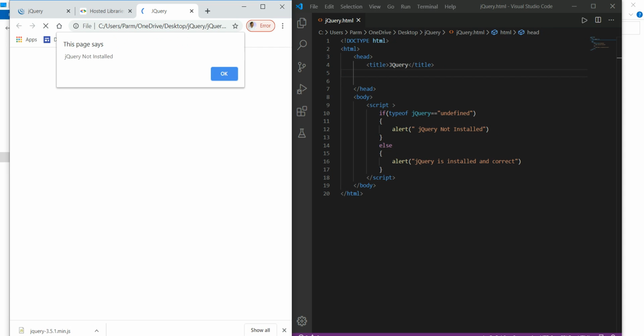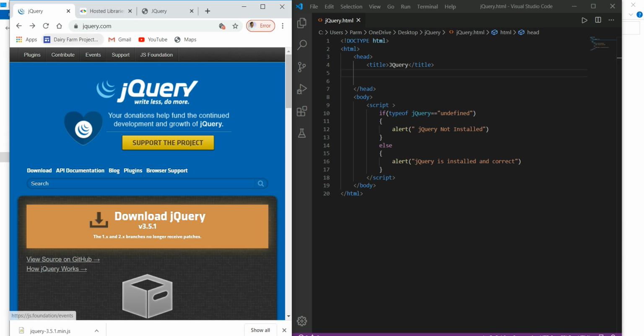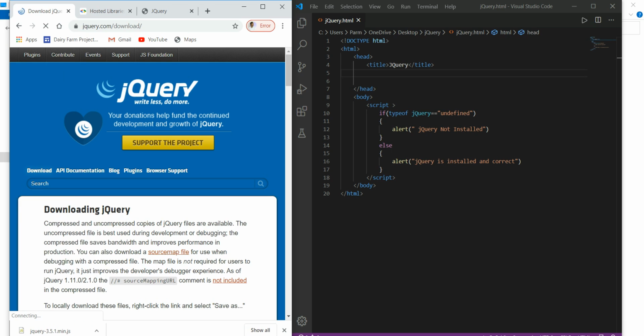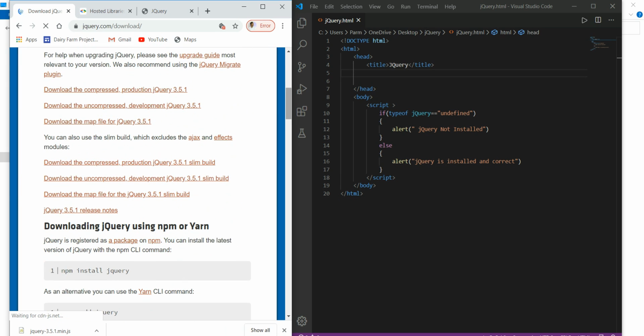Another method of using jQuery is downloading it to our local computer and including it in our file. For this method I simply go to the jQuery.com website and download jQuery from there. Simply click on this button, download the compressed production jQuery.